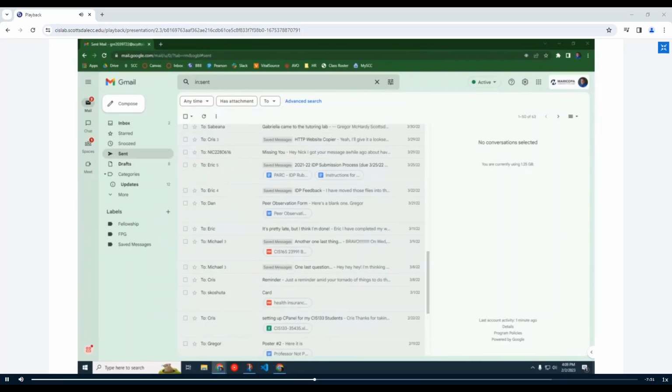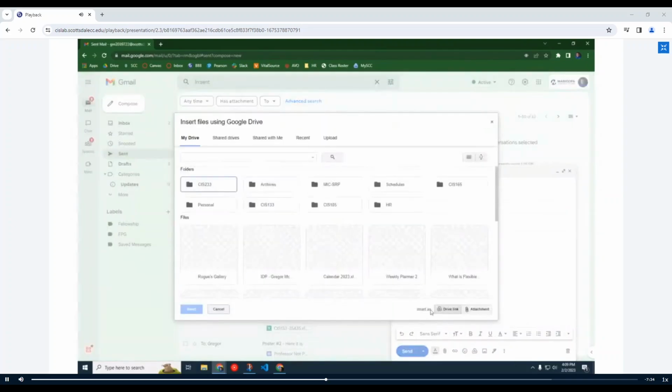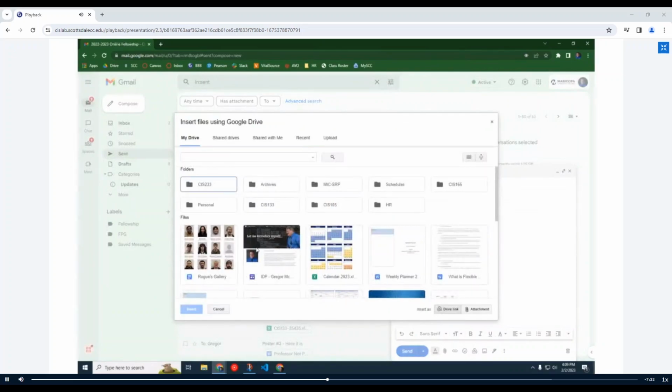And that better way is not to attach them at all, but to do this. Insert files using Drive. What? Okay, well, let's say I've addressed this to somebody, and now I come here. This takes me to my Gmail account. Oh, look, there's all your little pictures there. And I have this thing,